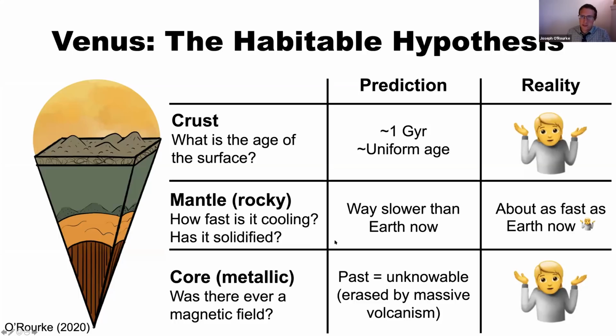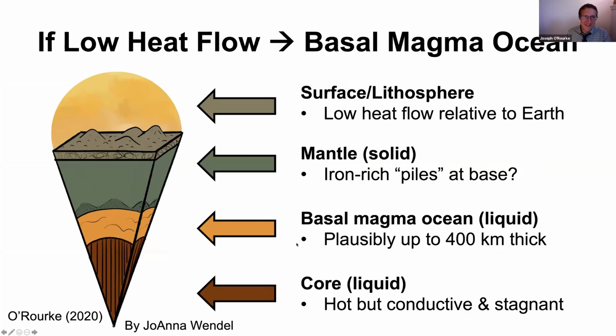And so this is the first prediction that diverges a little bit from the provocative habitability story that I told you earlier. But you might say, I have this other question about whether the mantle is solidified. And if you're an expert on planetary interiors, you've probably thought that this cartoon I've been showing you for Venus is very strange because it includes a layer that's not present in most internal structure cartoons. So I should maybe explain this cartoon that I've been throwing up for the last half hour.